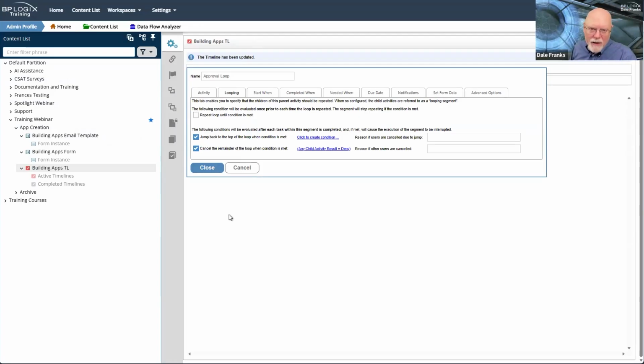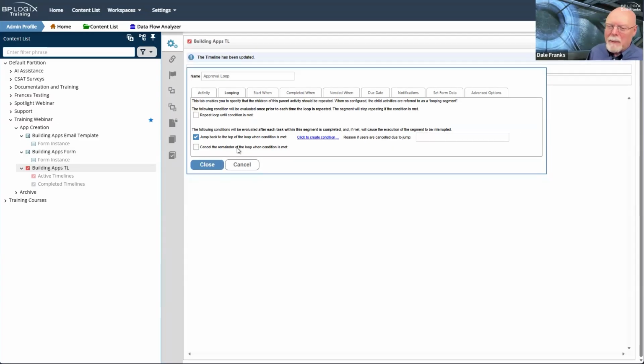They've added, assuming that you have appropriately configured your request info section, all of the info that they need to provide to you to make a decision as an approver. Then you don't need to do this. All you need to worry about is canceling the remainder of the loop. And we'll explain why that's important in a minute when we can see it a little bit clearer. So keep that in mind. There's still more to come about this.